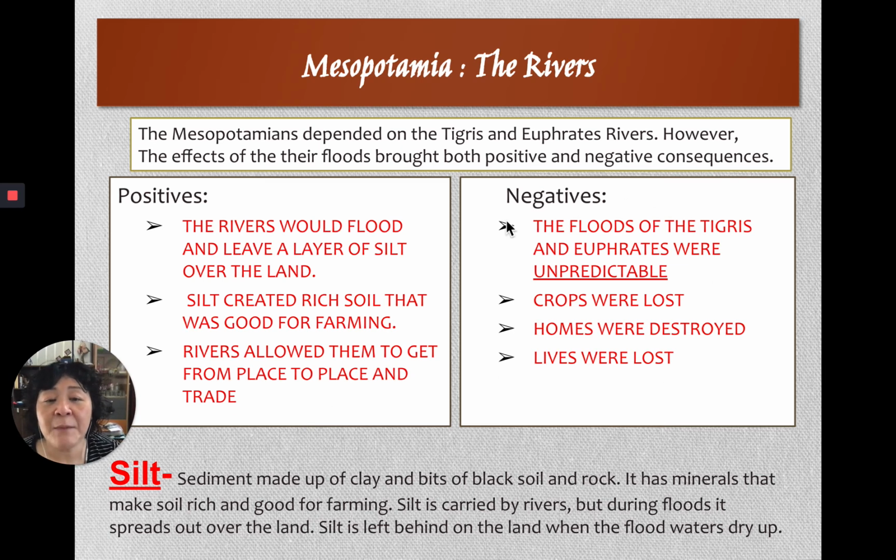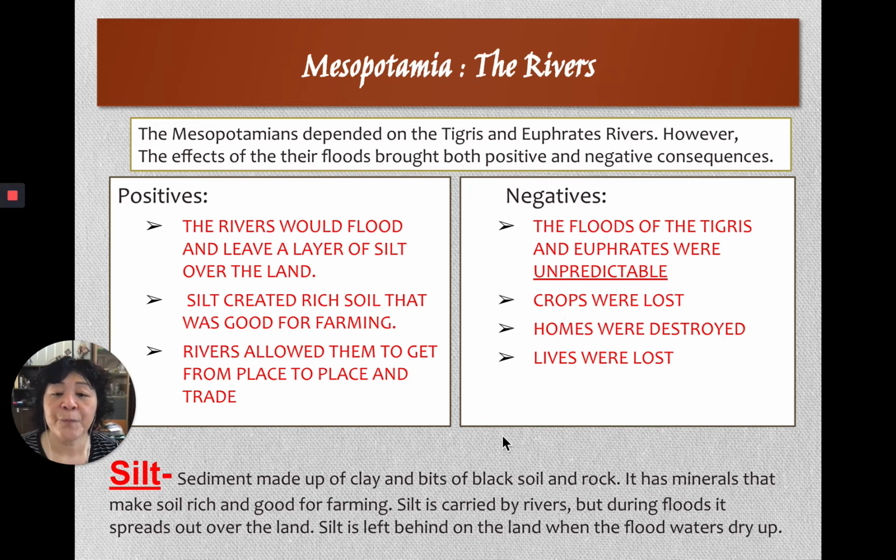However, in Mesopotamia, the negatives of the rivers were that the floods of the Tigris and Euphrates were unpredictable. That means nobody knew when they were going to come. It would just hit and they weren't ready for it. So because they were unpredictable, crops were lost, homes where people lived, shelters, were destroyed, and people died. Okay, so these were some of the negatives of living in Mesopotamia near the river,